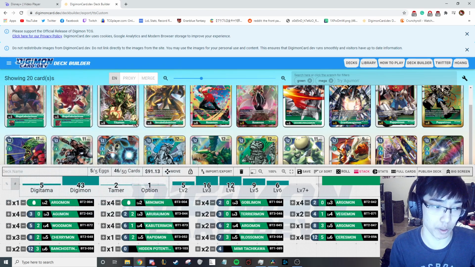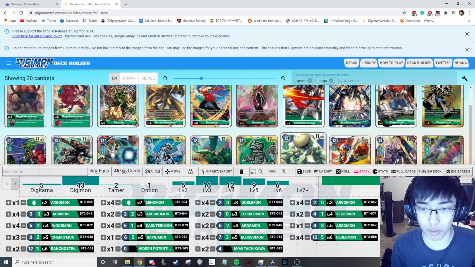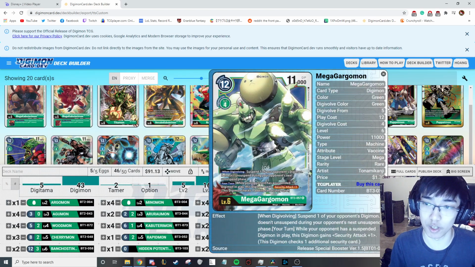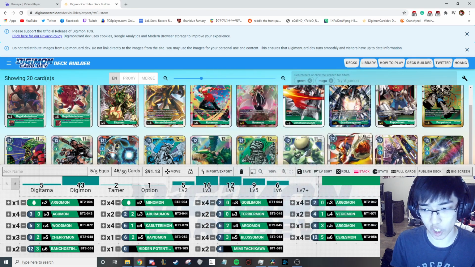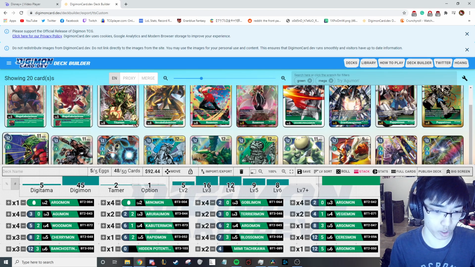So now we can potentially play this. Restaurant, no, too slow. Imperial Digimon doesn't work with our Wincon. Mega Gargomon potentially, but hidden potential is at 1 now, which means the potency of Mega Gargomon is limited. Bancho Stingmon, and then Imperial Digimon Green. So I'm actually going to increase Bancho Stingmon by 1, and then we're going to play the 1 Argomon level